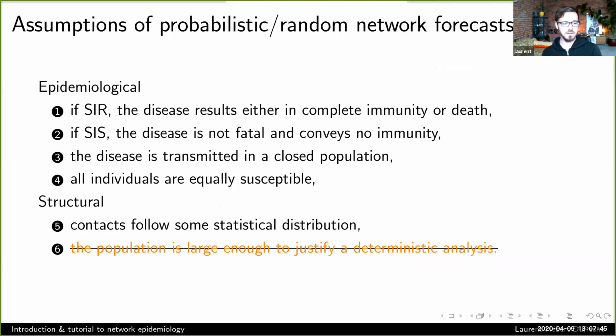Okay, so we tackled this last assumption. I know it's a model that's new to a lot of people, but it shows the power of network thinking and random processes. So now we don't have to assume a deterministic analysis. We don't have to assume that disease transmission is super well behaved. We can embrace the complexity. We're still assuming that the population is large enough. And I think that's just part of the type of things we're trying to model here.